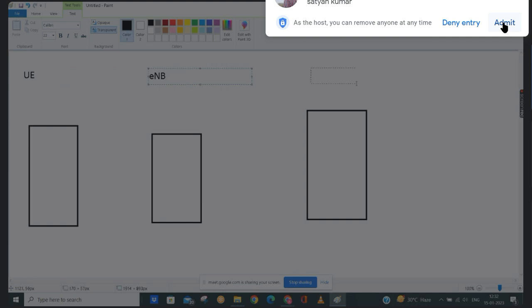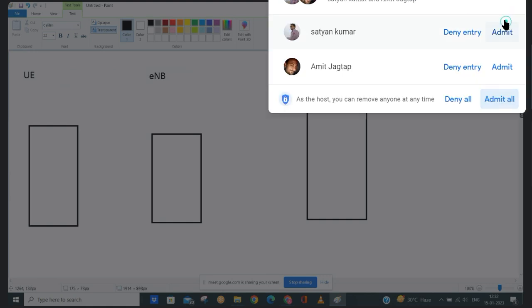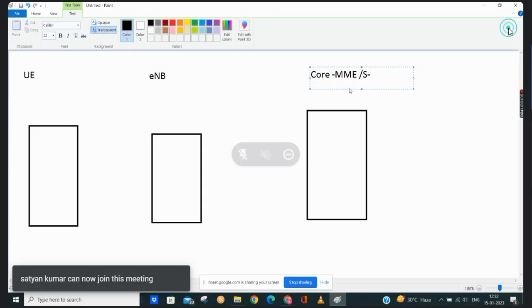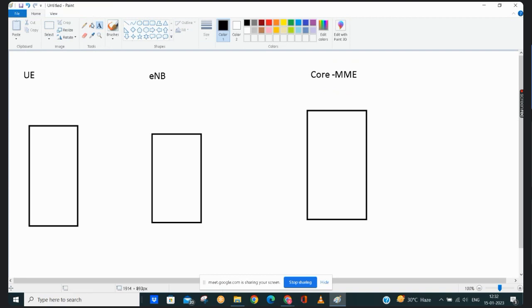Then we have the core. Core means MME basically, after that SGW, PGW. But here we are mainly talking about MME. So how they communicate with each other, and what protocols we have among these three entities, that we'll see.